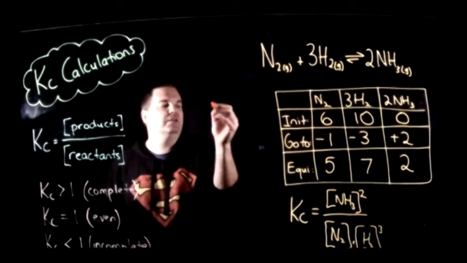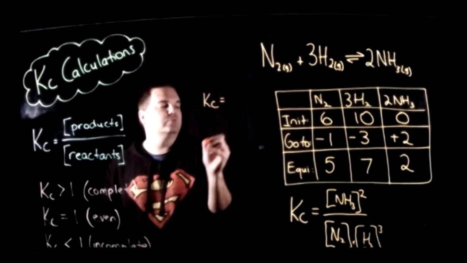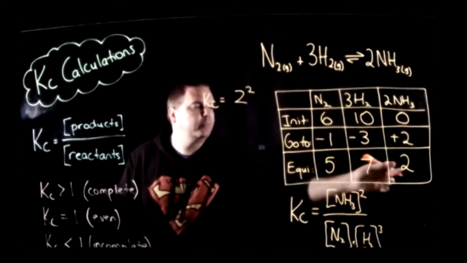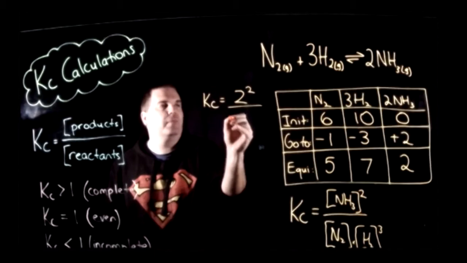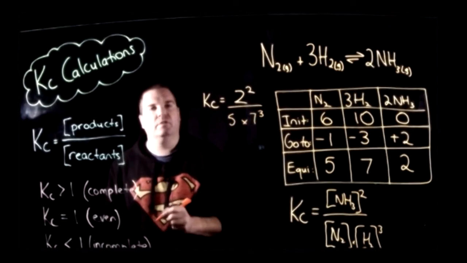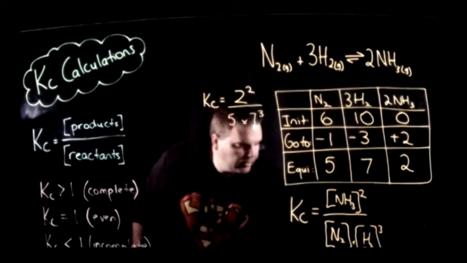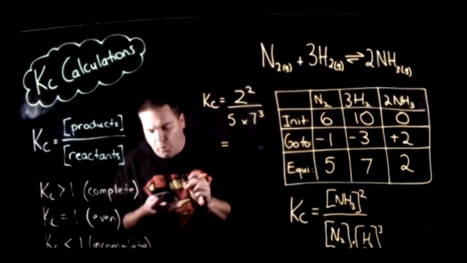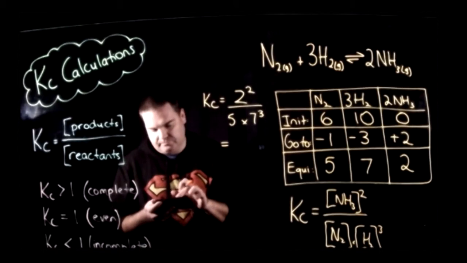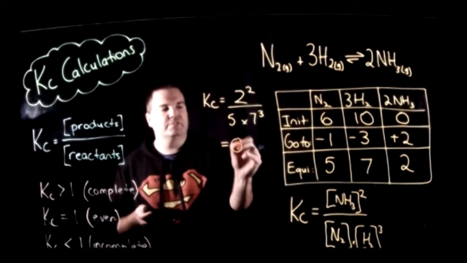I'll just show you here. Kc equals 2 squared, because that's our concentration of ammonia, over 5 times 7 cubed. You can put that in, and I'll just quickly work that out for you. What we've got is 4 divided by 5 times 7 cubed. So you're going to get a Kc value here of